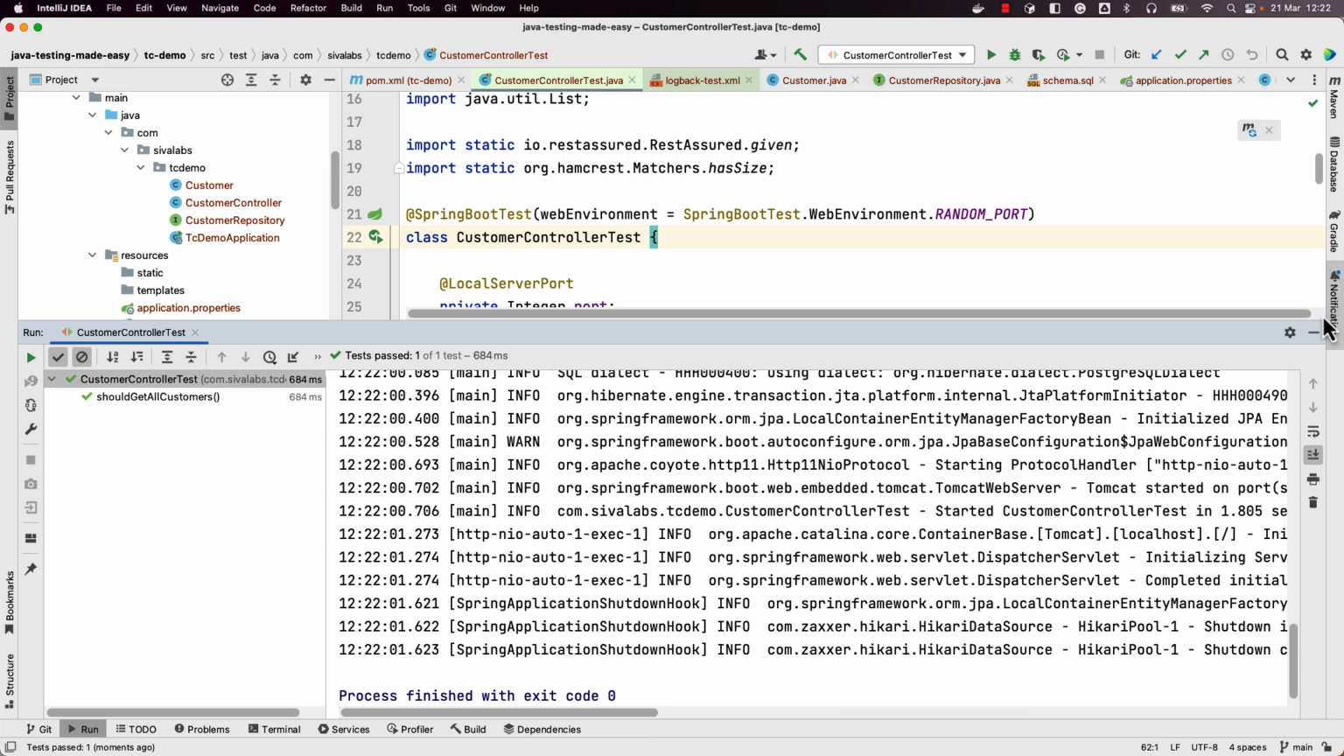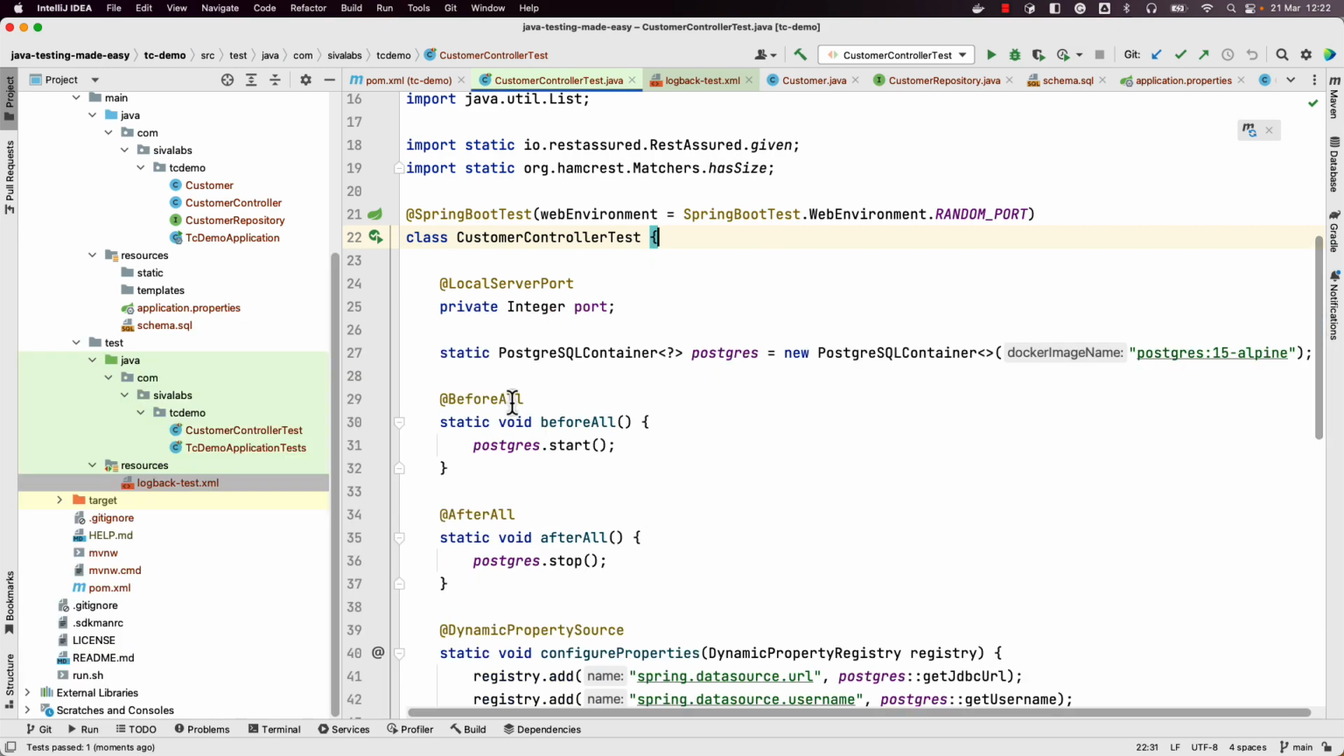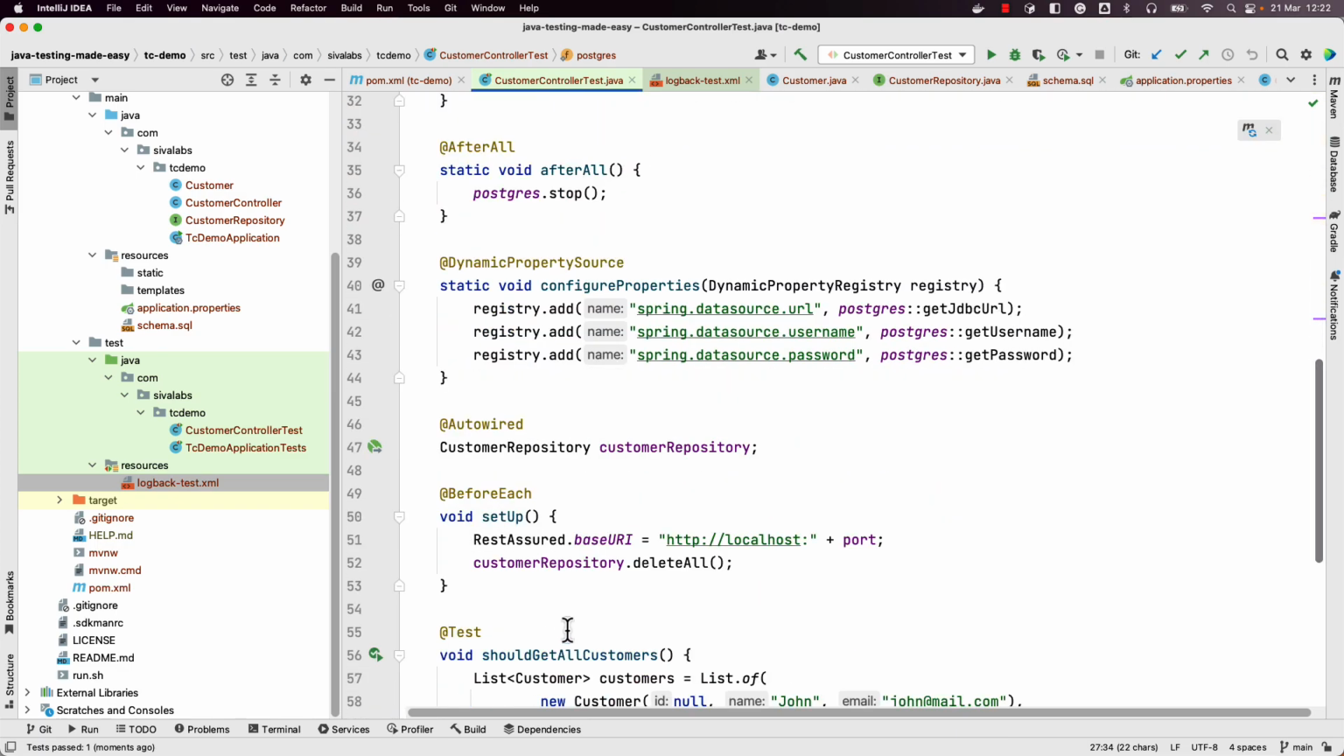So that is how we can use Testcontainers to spin up whatever application dependencies we have using the Testcontainers API, and then test the application API endpoints. So